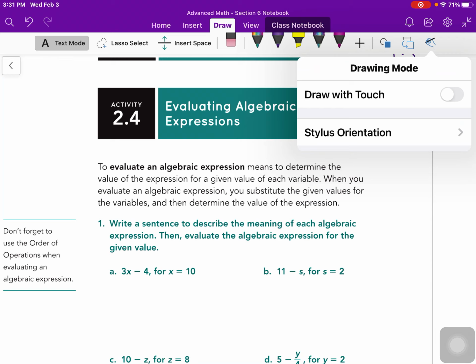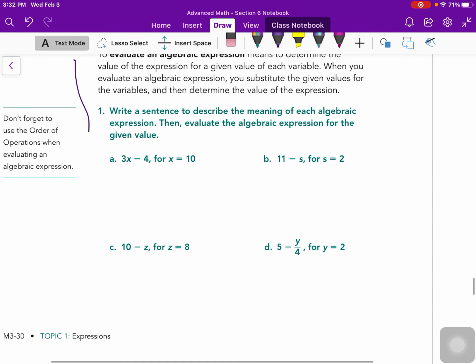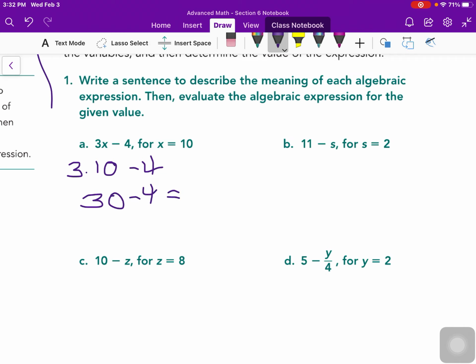Okay, we're going back to drawing with our finger, folks. To evaluate an algebraic expression means, sorry, I'm getting off task. Okay, 3x minus 4, and x is 10. So that means we put a 10 in place of the x. So this is 3 times 10 minus 4. 3 times 10 is 30, and 30 minus 4 is